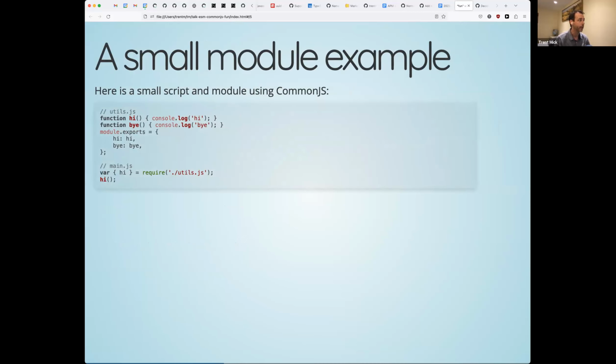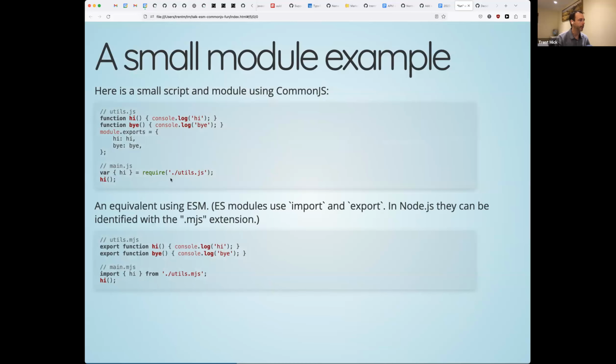So to maybe help a little bit, I'll show a small example of a module showing CommonJS and then showing the ESM equivalent. So here I have just a little utility module, utils.js, that implements hi and bye functions, which just print something to the console, and then they export it. And this is how you export in CommonJS, and this is how you require that hi function and use it in CommonJS. In ESM, there are export and import